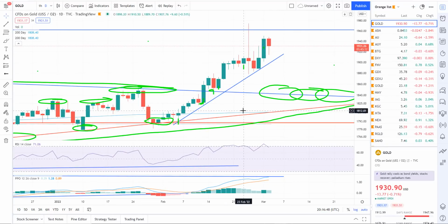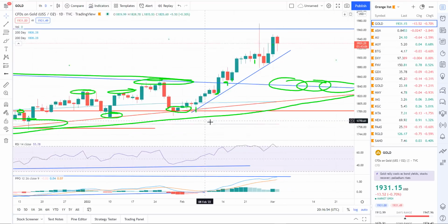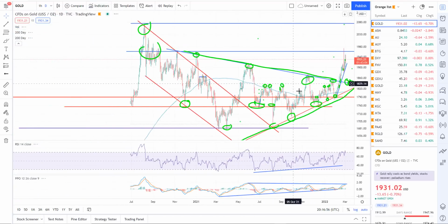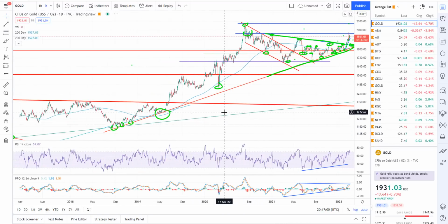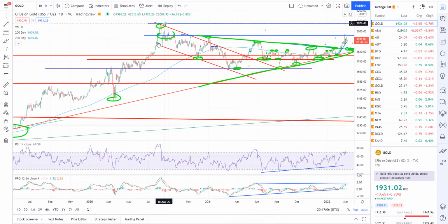Okay, gold. So gold continues to be buy on dip, meaning we're in a bull market in gold. We've had a major breakout of this isometrical triangle. So just the bigger picture on gold, going back to 2018, we're in a bull market. Higher lows, higher highs, continuing to uptrend. We had a huge ramp up back in August of 2020, and then a big, long 2-year consolidation / correction